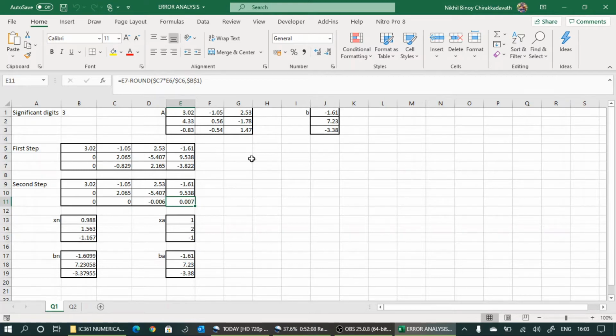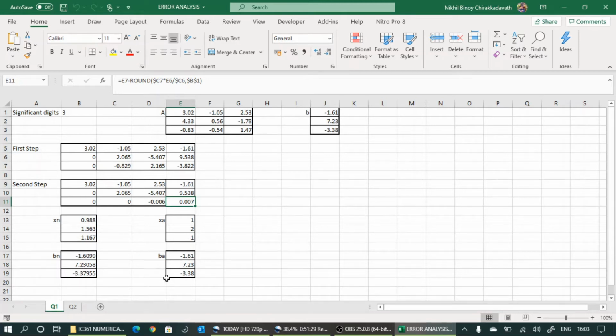Please note we have Ax equal to b. If you multiply this actual solution with A, we have the exact value. BA means the actual output matrix: A into XA will give this BA, the exact one. But what if you multiply A with xn? A into xn will give this Bn, and you can see that the difference between these two is not that large. A small difference. So even if the difference between xn and xa is very large, the difference between the corresponding output matrices is not that large.